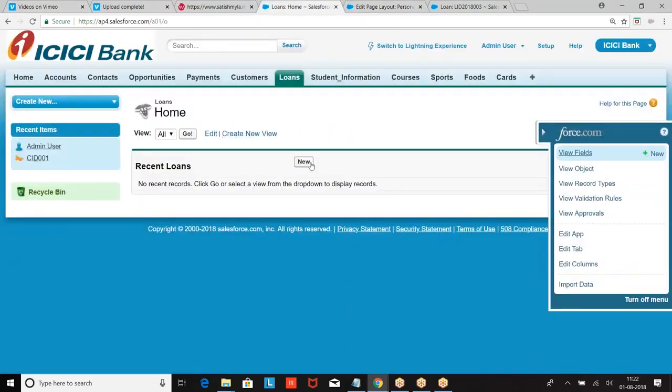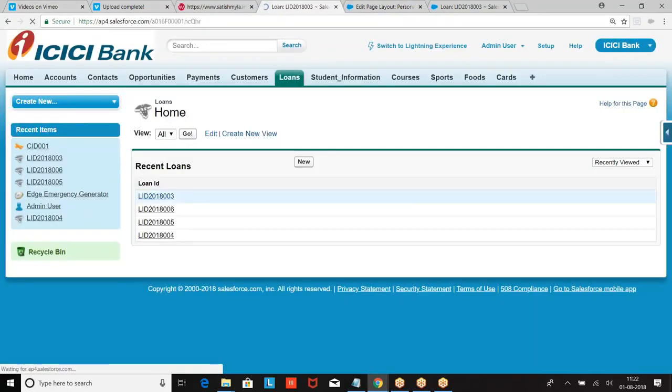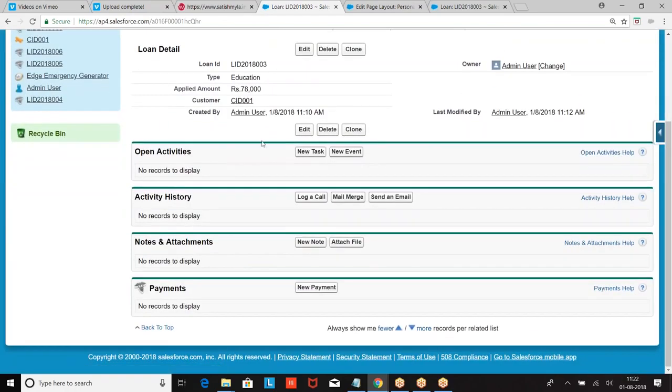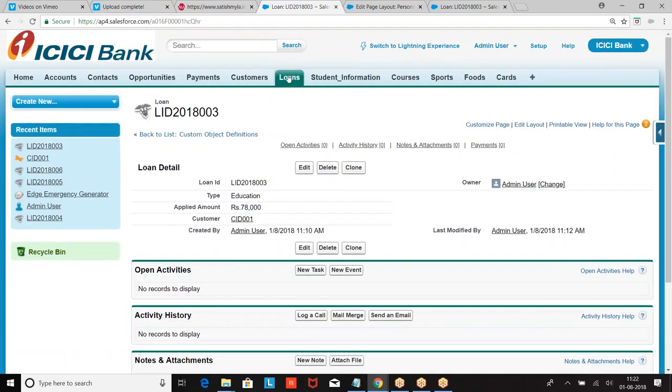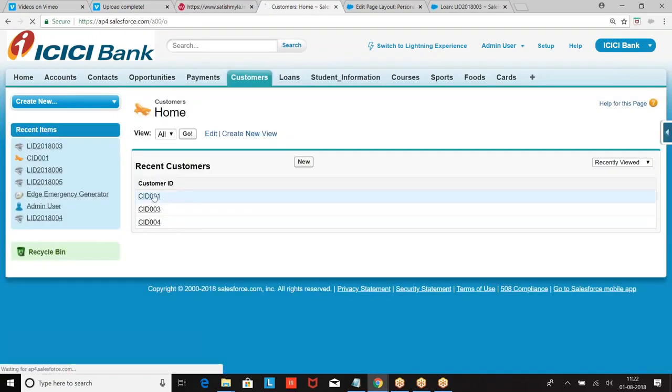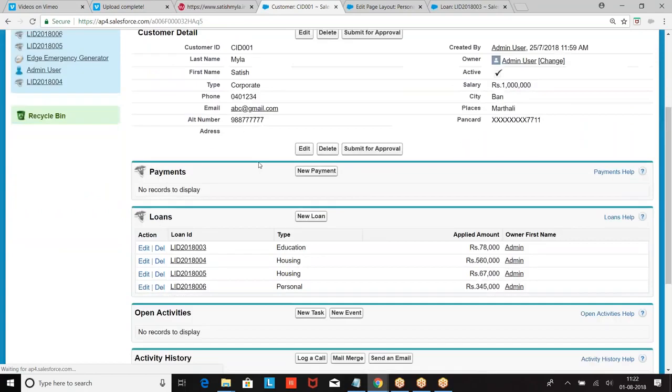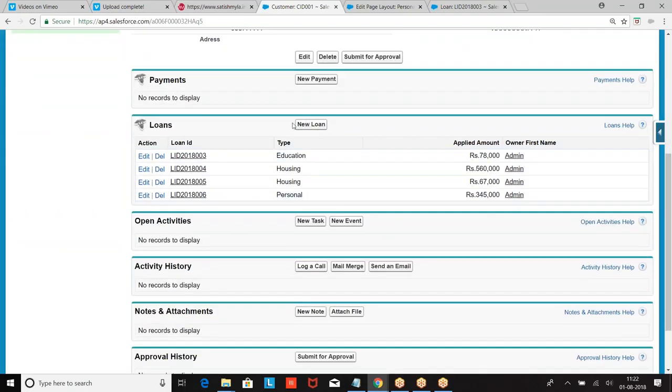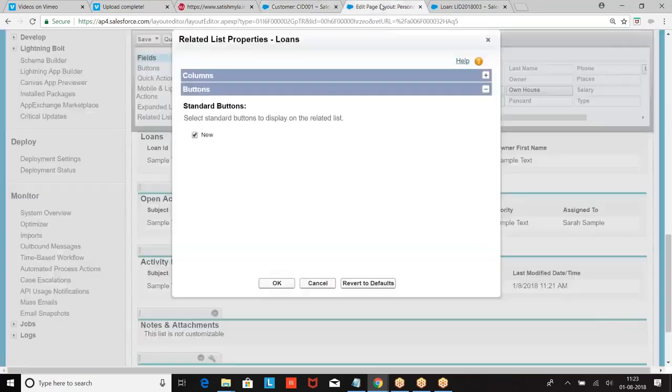If you look at the record, what are you finding here? What has the customer taken? What are you finding here? New loan. So it allows you to create a loan from the parent record. I told you not to show that new button.